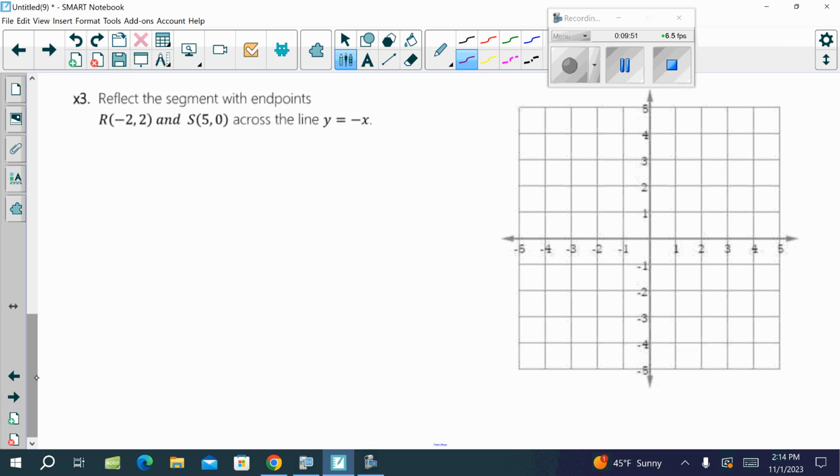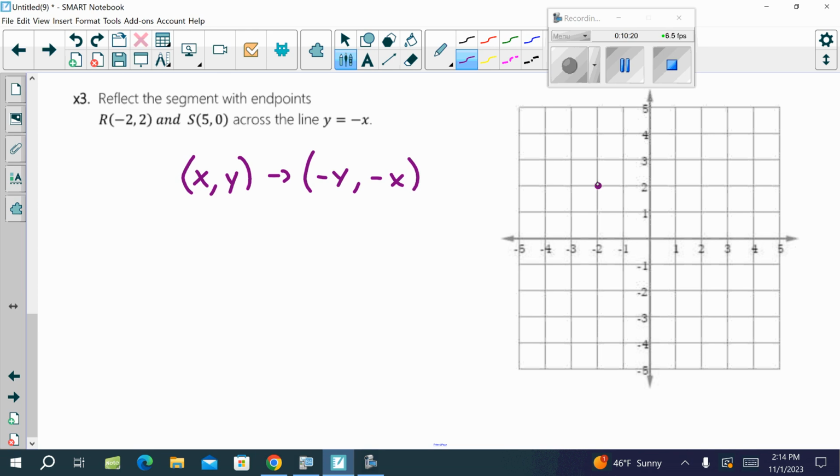So we did a triangle, a rectangle, now we're going to do a segment. Reflect across the line y equals negative x. So that's your negative diagonal. What was the rule for the negative diagonal? Good. Opposite of y, opposite of x. So that was our rule. Now if we graph our segment,